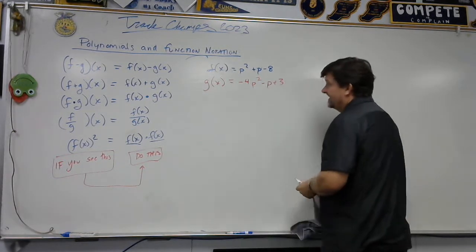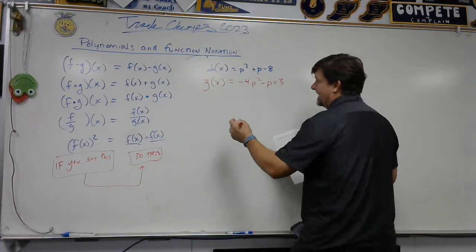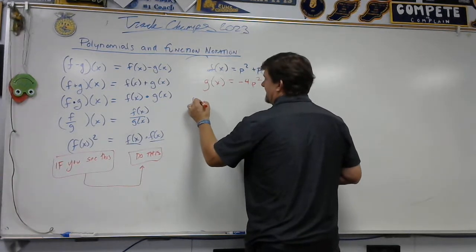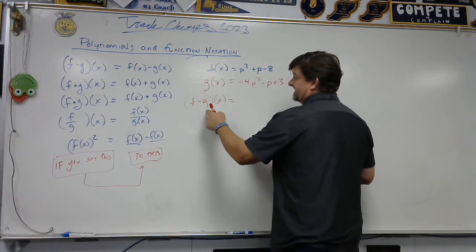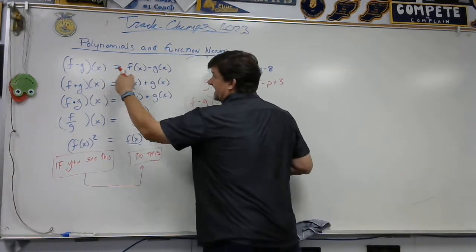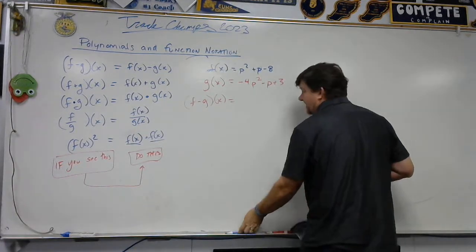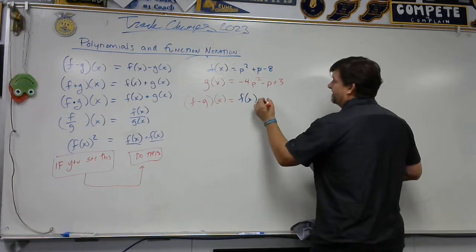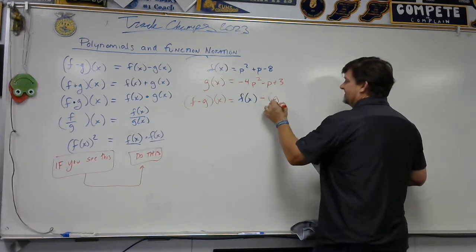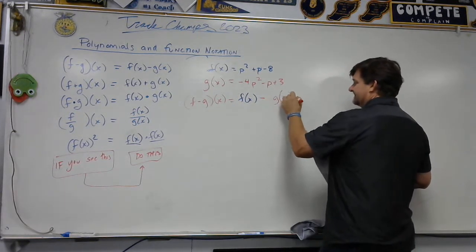Okay, so if I have this one here and I say f minus g of x, that's the same. If I see this, I do this. That's the same as f of x minus g of x,